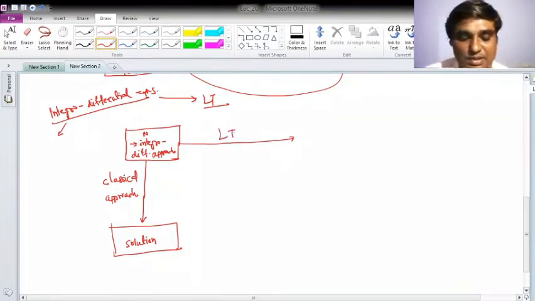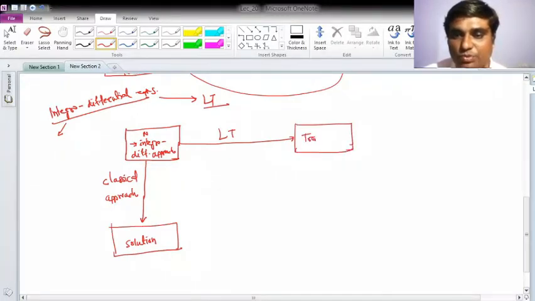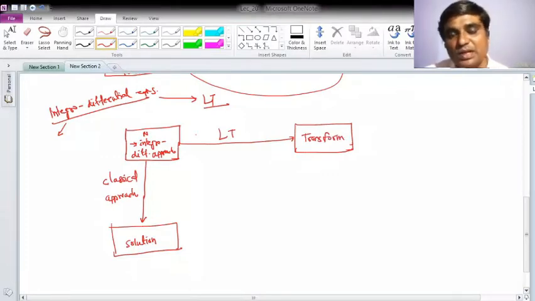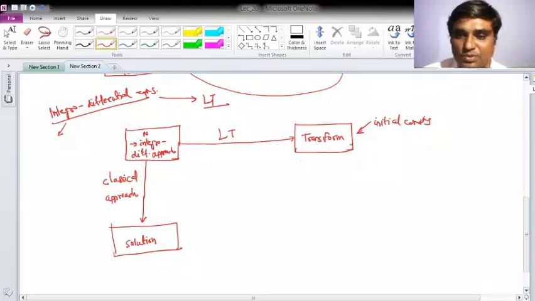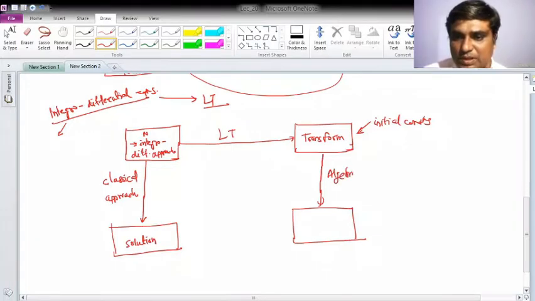If I take the Laplace transform, the same time domain representation is converted into the transform domain, or projected into the Laplace transform domain, where I will consider all the initial conditions also. Then I'll do some algebraic manipulation here. After taking the Laplace transform it is converted into algebraic form, so I will do some algebraic manipulation so that I can revise this transform.